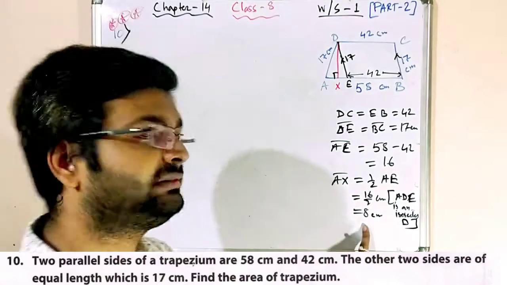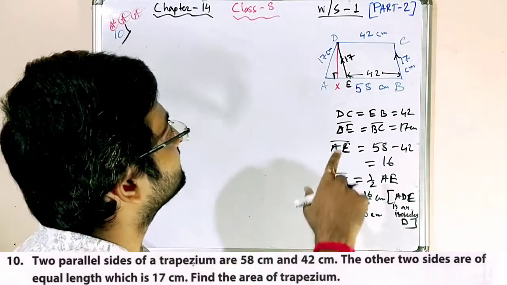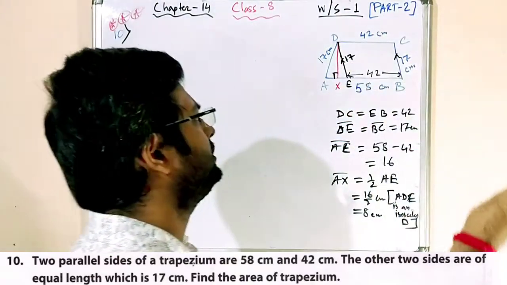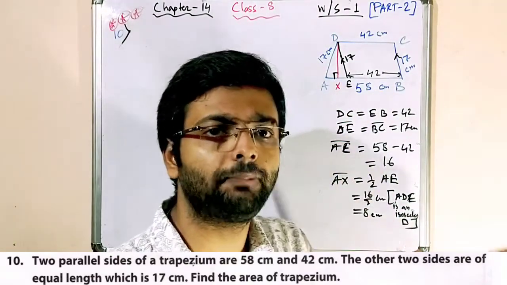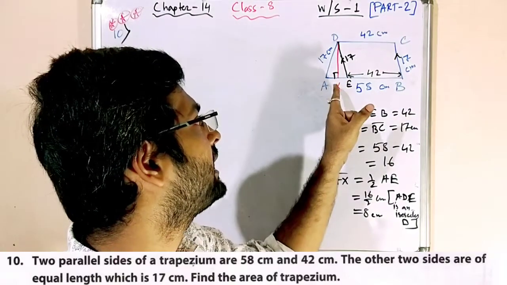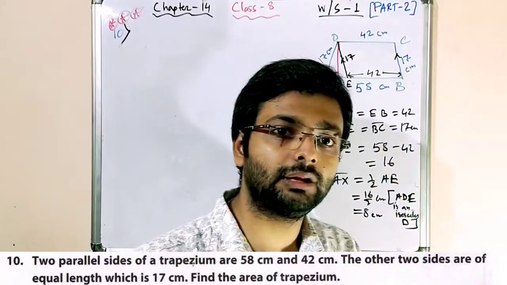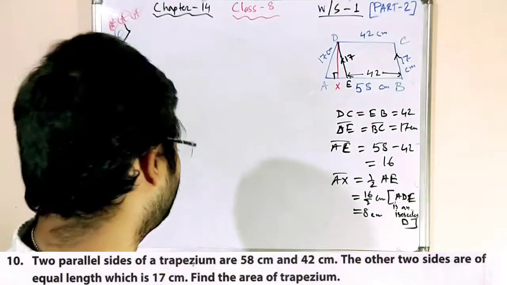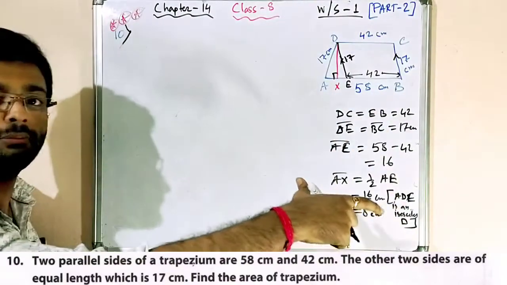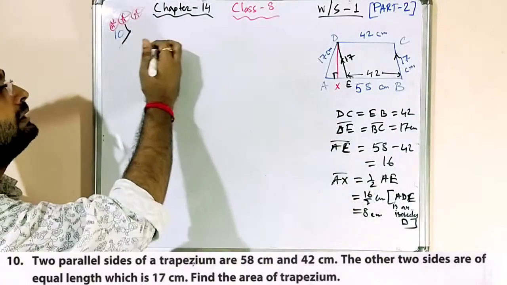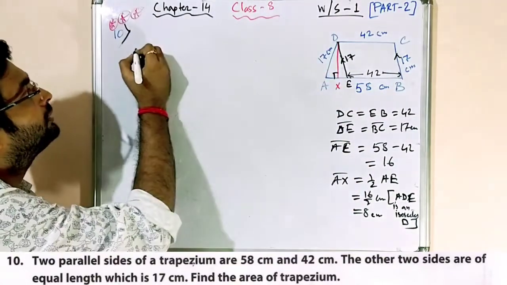Okay, so that's why this is 8 centimeter. Now next, guys, you can do it by using the formula for the height of an isosceles triangle. There is another way, using the Pythagoras theorem, which I am going to do. This part you have done. Now here you have to draw. Please write it down.